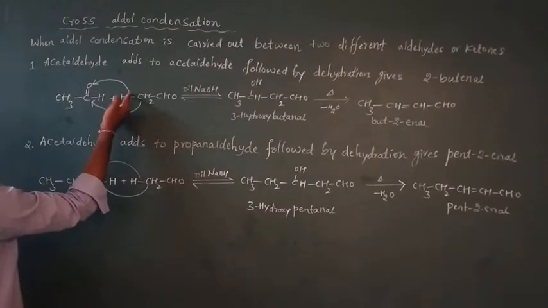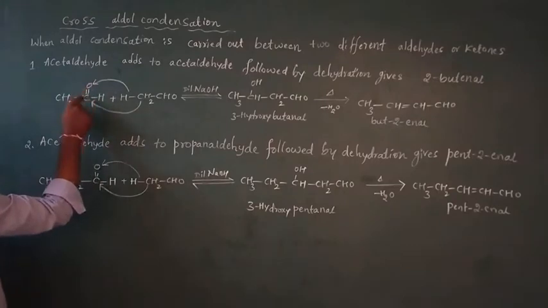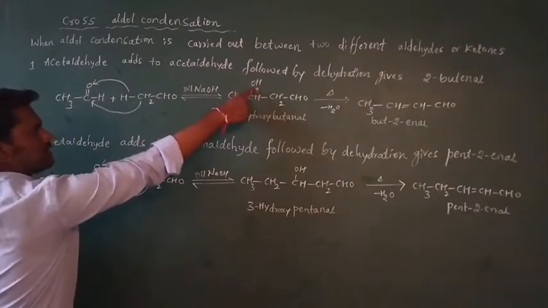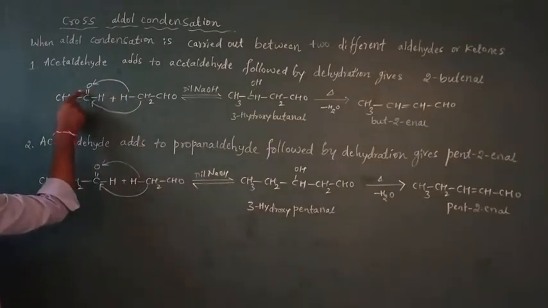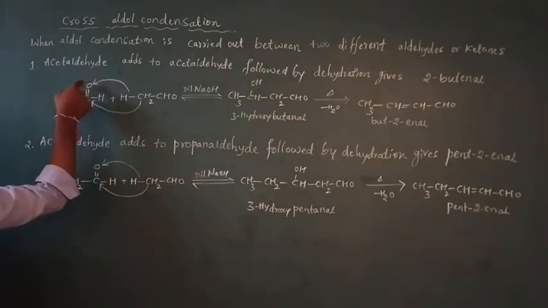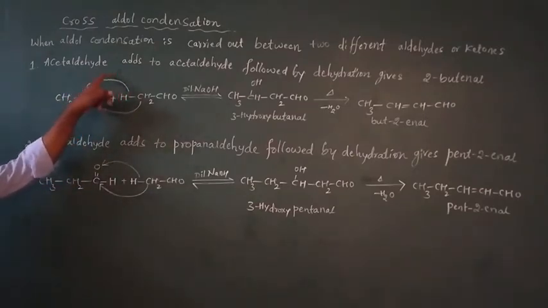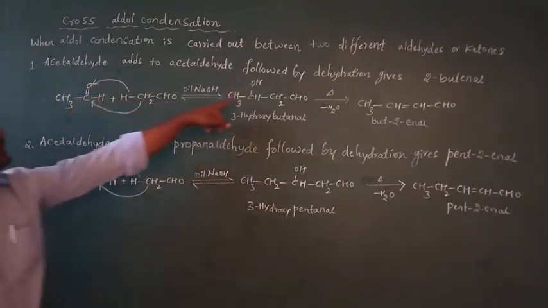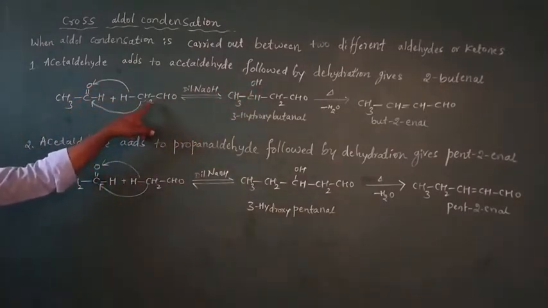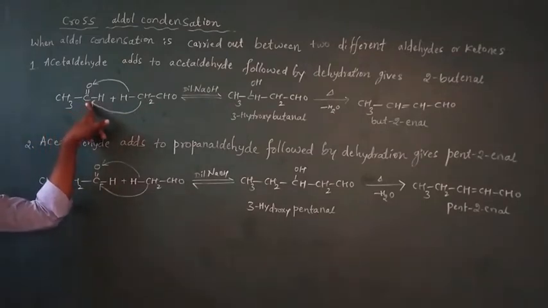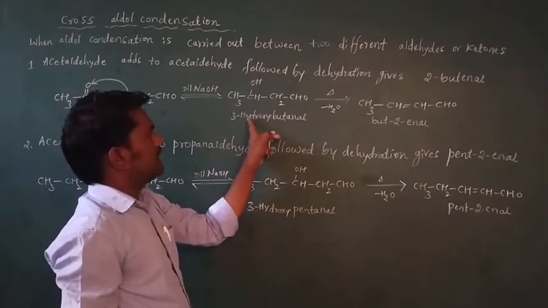The hydrogen reacts with the carbonyl oxygen to form OH, the double bond converts to a single bond, and the remaining CH2CHO is attached to the carbonyl carbon to form